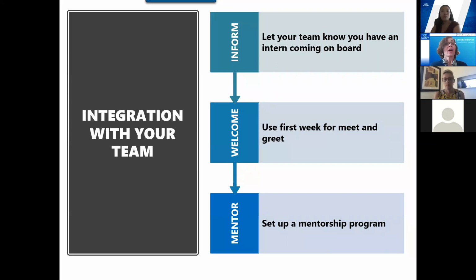We can talk more about this if you have some questions, but onboarding is so important that it's not the time to abandon it because it's virtual. It's really time to double down with the onboarding. So think about how you might be able to do that creatively. We have some samples, as I said, that we'll be able to post.